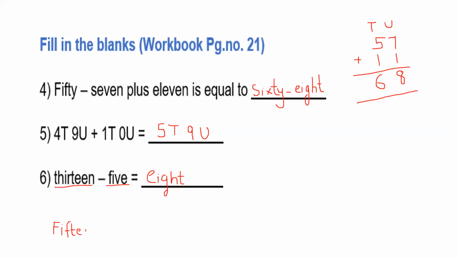Now tell me 15. What is the spelling of 15? F-I-F-T-E-E-N. Minus 4. 15 minus 4. How will you do this? First tell me how you will write the numbers. Tens and units. First always write tens and units. Yes, 15. 1 in tens place, 5 in units place. Minus sign you will write.